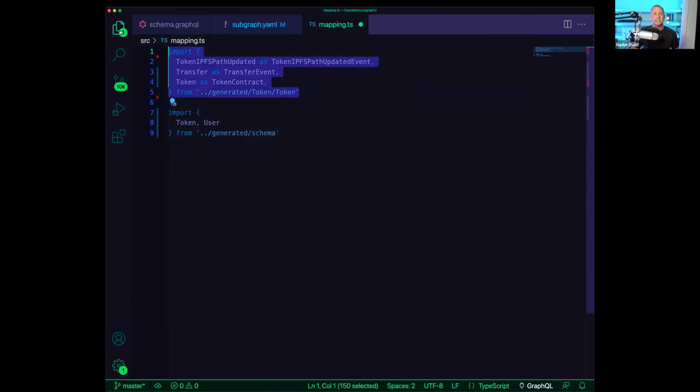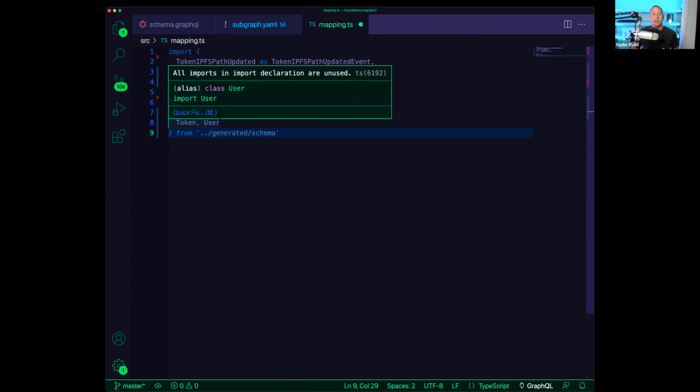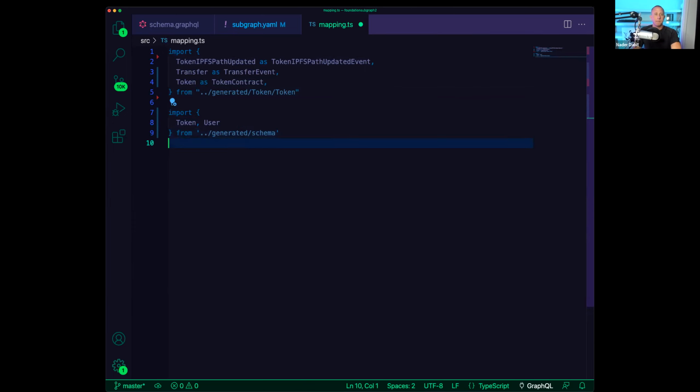So this generated/token is an API for us to talk to the smart contract. And this generated/schema are APIs that allow us to talk to the graph node. From the graph node, we might read and write data. So we might say token.save or user.save, or token.load, and so on, which we're about to do.